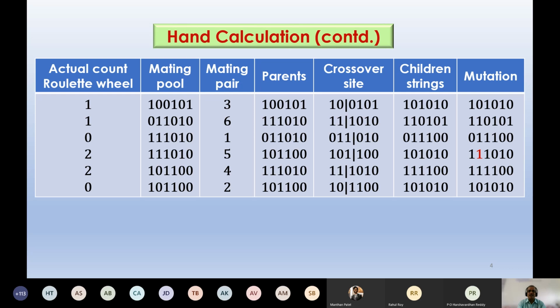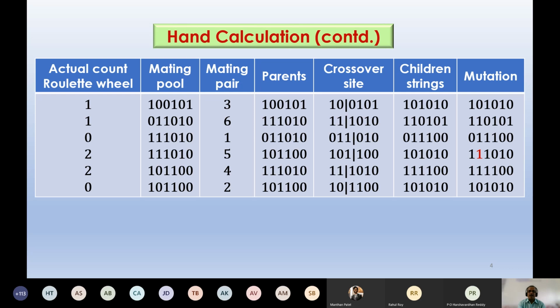And once you have selected this particular crossover site, now in single point crossover, all of you know, the left side will remain intact in the children solution, and there will be swapping on the right hand side. So whatever is there at the bottom has gone to the top. Whatever is there at the top has gone to the bottom. Then comes your second mating pair. This is the crossover site. So I'll be getting these two children solution.